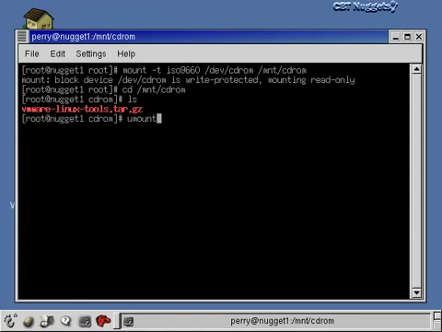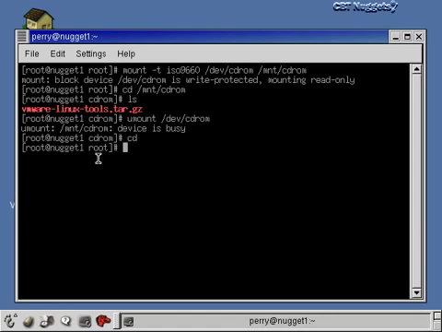Now what I want to do is unmount this file system, or unmount this device. So I'm going to say unmount, and then you can either specify the device that you want to unmount or the mount point that you want to unmount the device from. You can specify either one. So I'm just going to say unmount dev CD-ROM. Oh, and it says the device is busy. Why is that? Well, that's because I'm in the CD-ROM directory. So if I get out of that directory, if I go back to root's home directory now, and then do the unmount command,